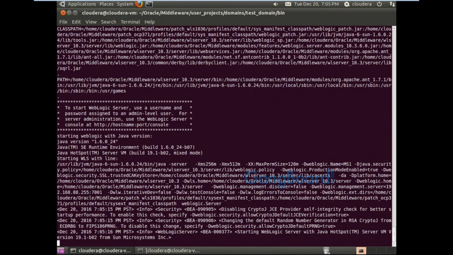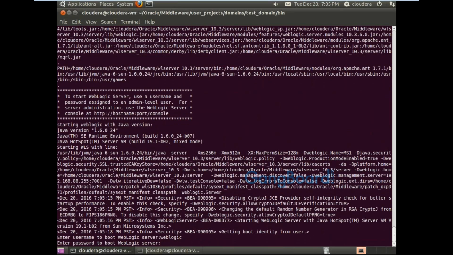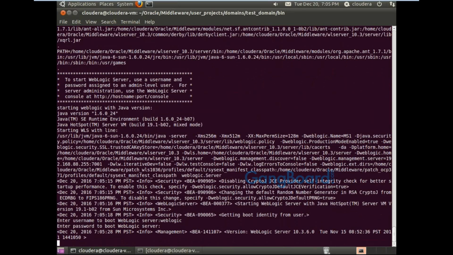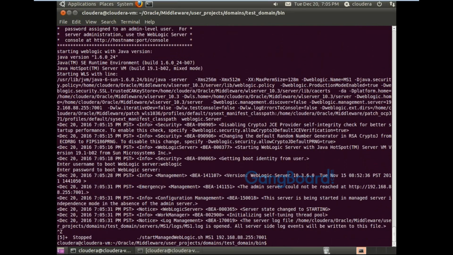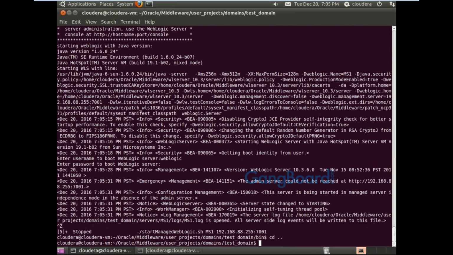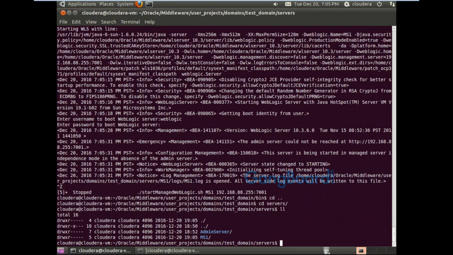Now our managed server is also asking for a password, so I will provide the username and password. Now I will disconnect the session. Now you will find that earlier only the admin server was there, but now you are also seeing ms1.